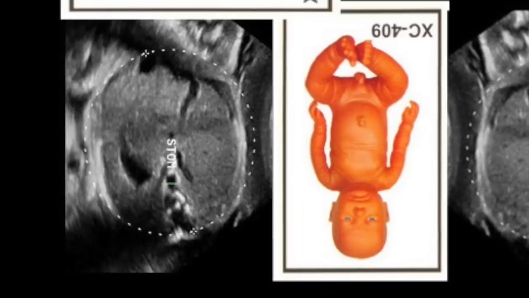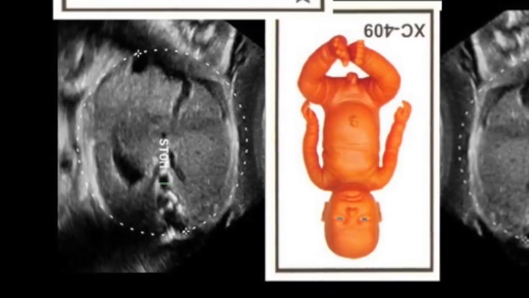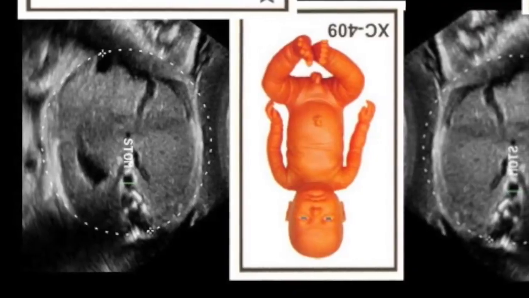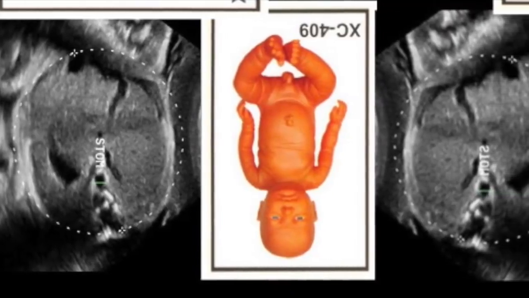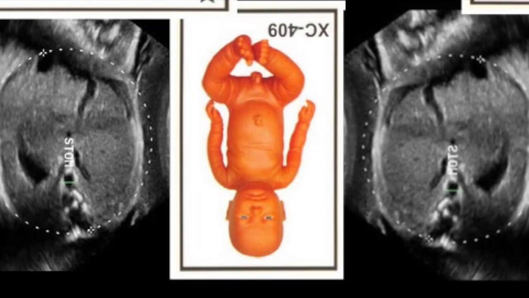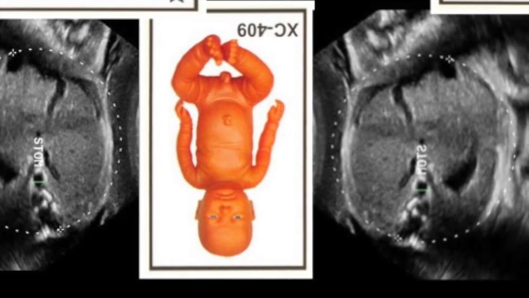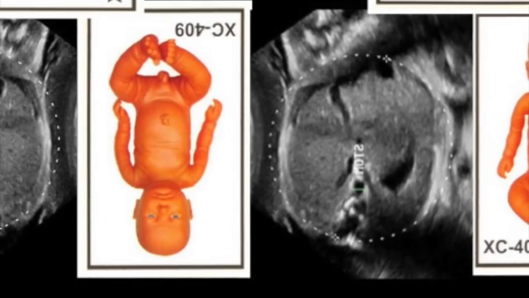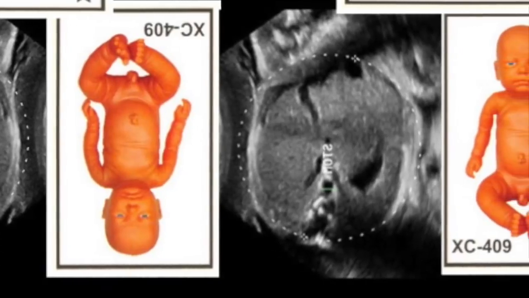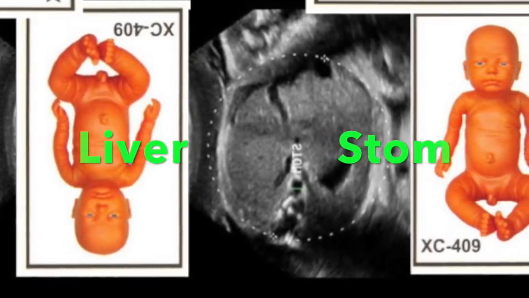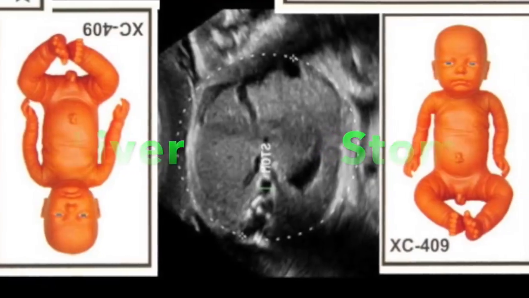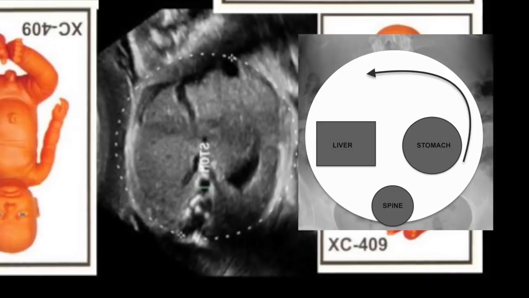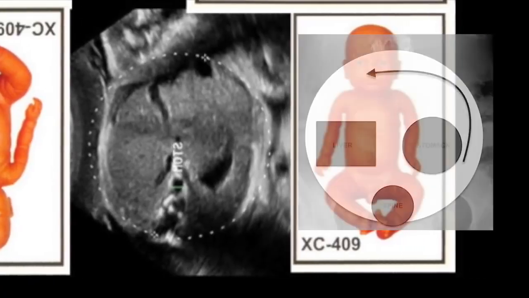As you can see here, the spine is on the left side, but if you draw a circle, this is the aorta, the stomach, the umbilical vein, it is still going in a clockwise direction, and this fetus is in a cephalic position. Whereas if you see this kind of an arrangement where this is the descending aorta, this is the stomach, and this circle is moving in an anti-clockwise direction, this fetus has to be in a breech presentation.